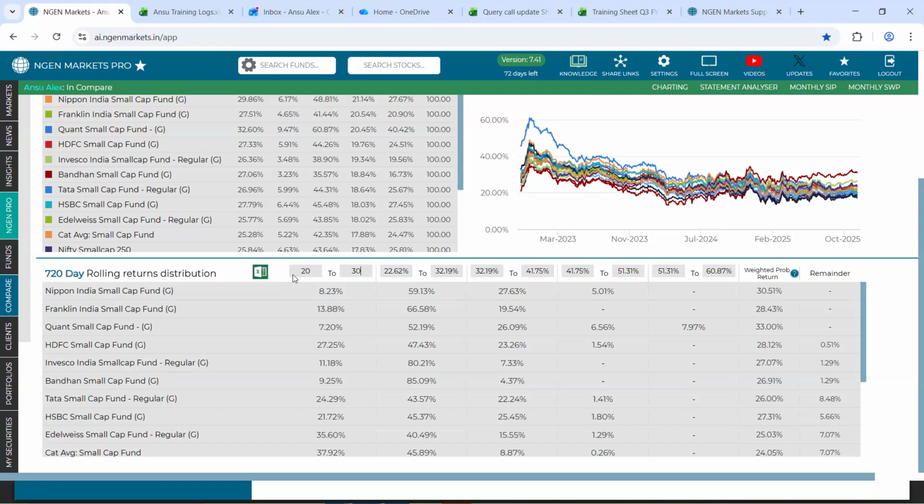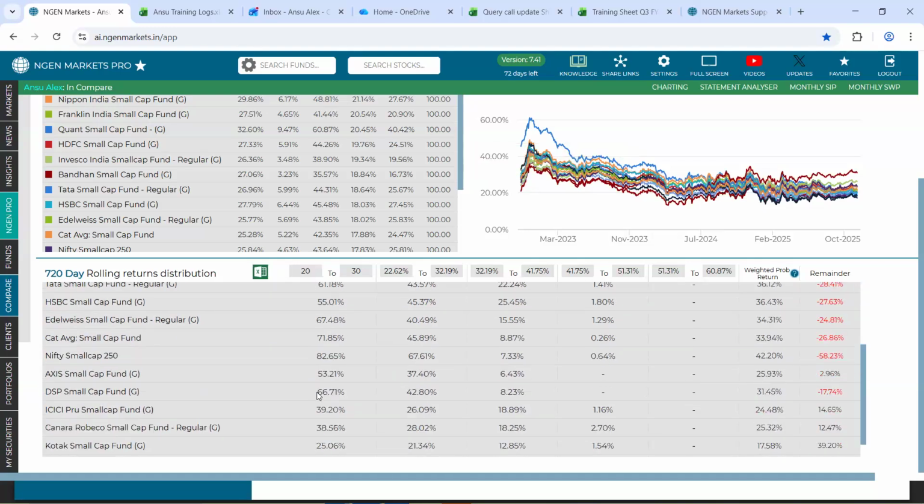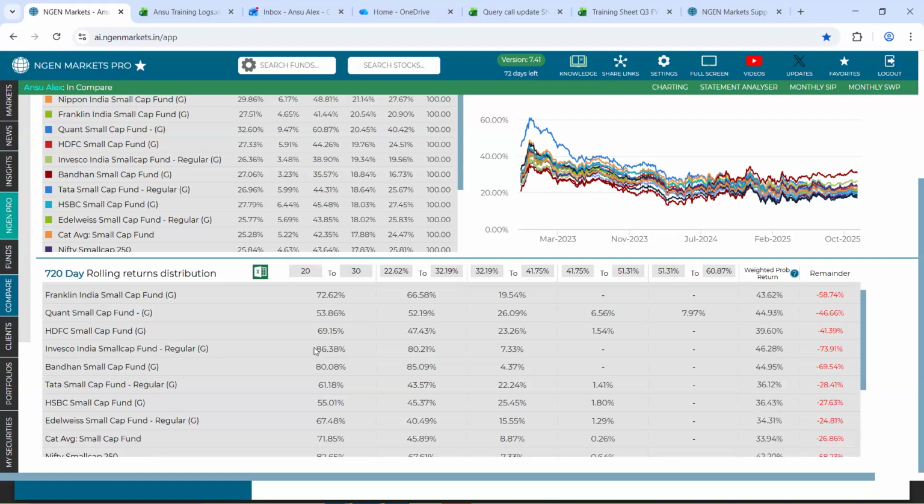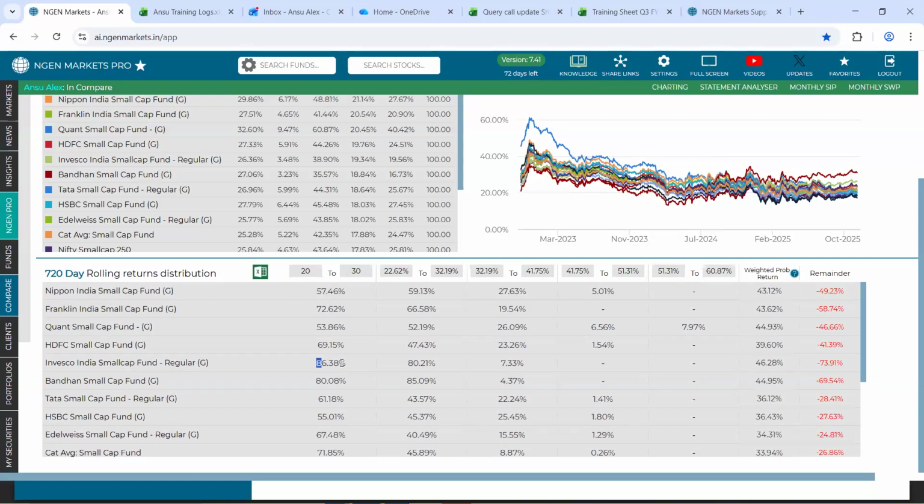You will anytime have an option to edit or input your return ranges as well. So you see, I have input a return range of 20 to 30% right here. If I simply scroll and try to identify which scheme had the highest probability to generate return in this range, it was Invesco Small Cap.